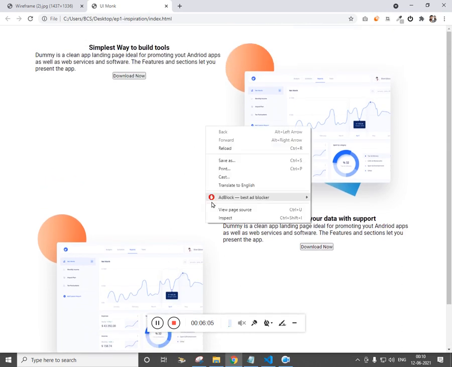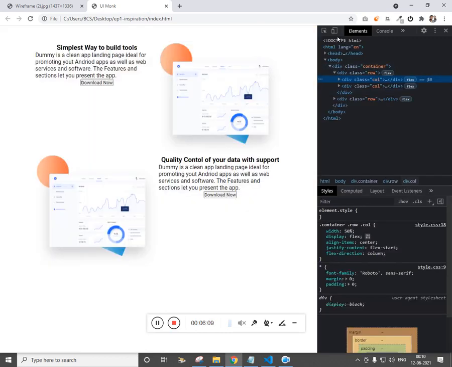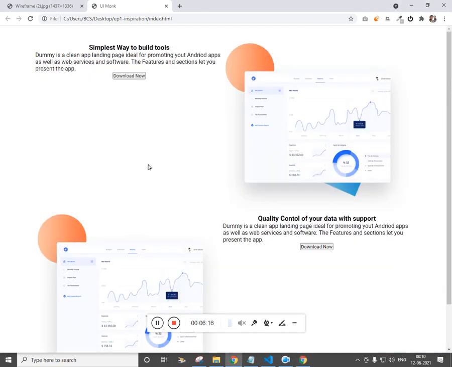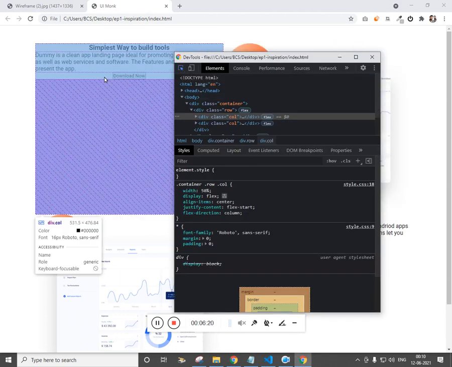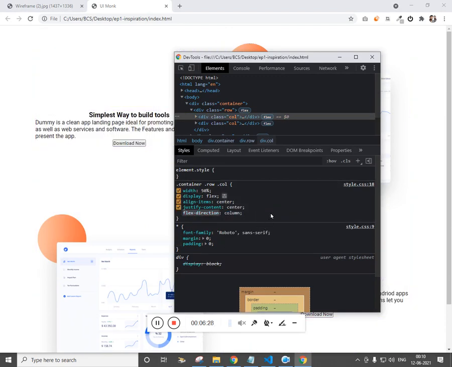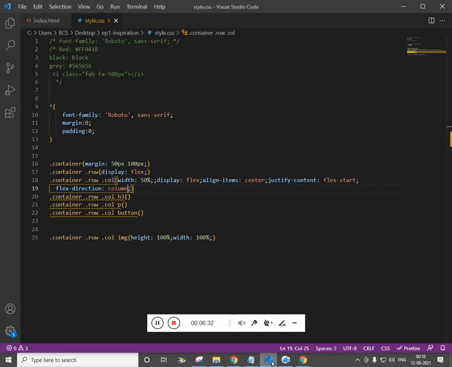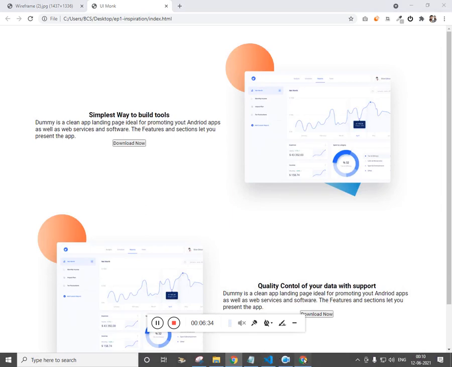Let's see what is the mistake that we are making. After giving flex direction, it goes away. Select the column. Okay, justify content center. We don't need justify.